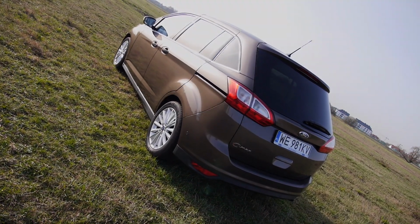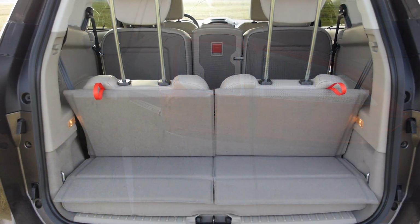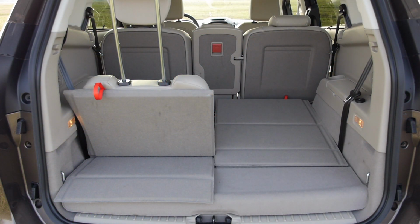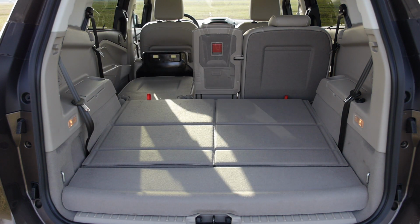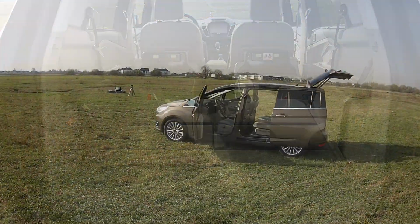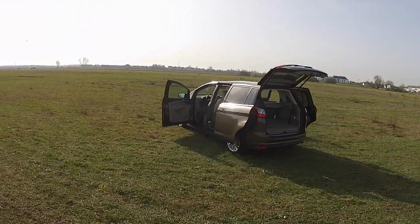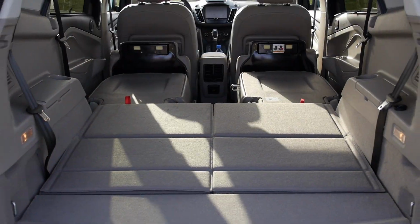On the plus side, this ugly backside packs 2 additional seats and slightly bigger cargo space. However, in some markets you may still have to pay around €700 for the third row of seats. So first you pay more than £2,000 extra to have C-Max upgraded to ugly C-Max, and then you have to pay another €700 on top of that for having less space in the boot, around 450 litres with the third